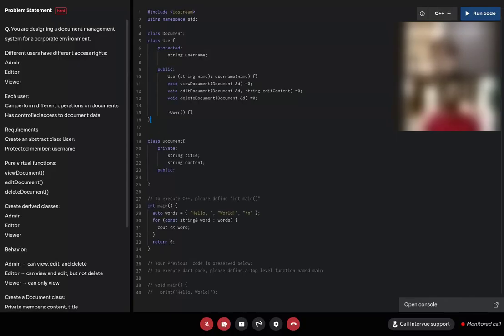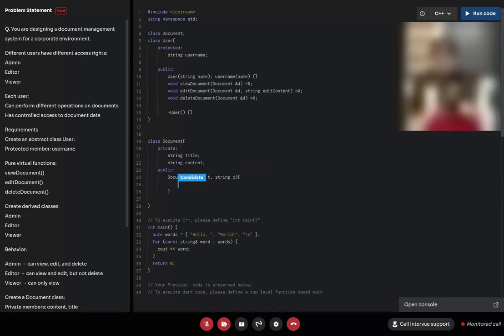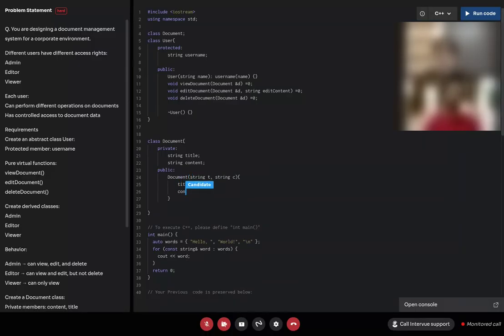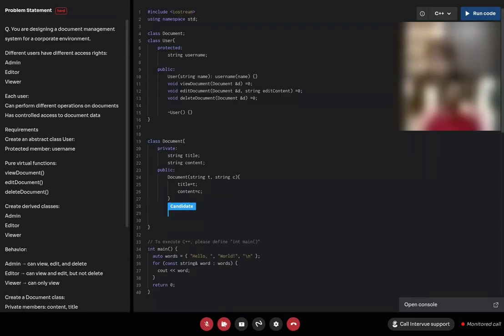I'll do the Document class: title, content, and now the public part. For the constructor, I'll take string title and content because I want to write that. Then title is T, content is C. Now public methods to read and update content.